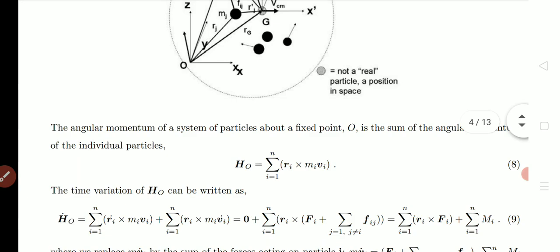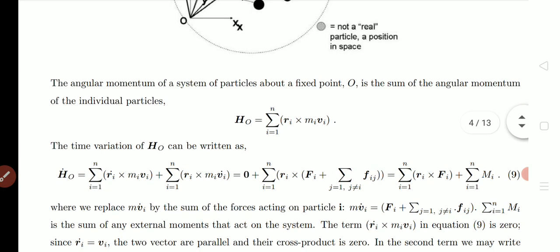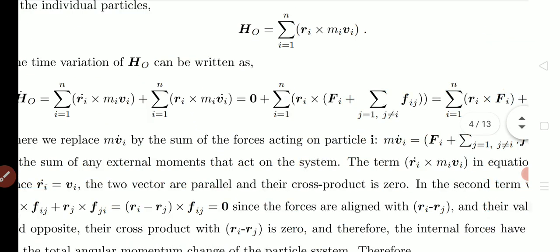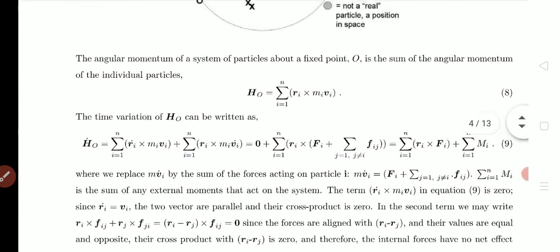The time variation of H_O can be written as H_O dot is equal to summation i equals 1 to n of r_i dot cross m_i v_i plus summation i equals 1 to n of r_i cross (m_i v_i dot) is equal to 0 plus summation i equals 1 to n of r_i cross [F_i plus summation j equals 1 to n, j not equal to i, of F_ij]